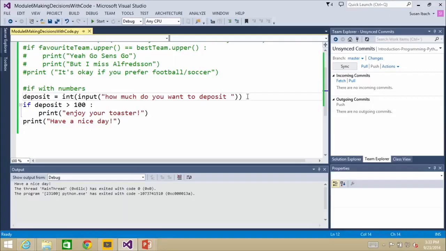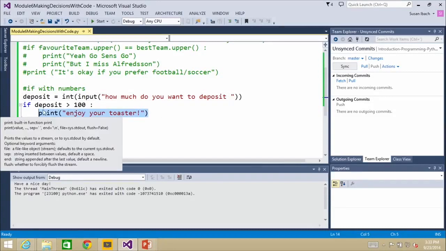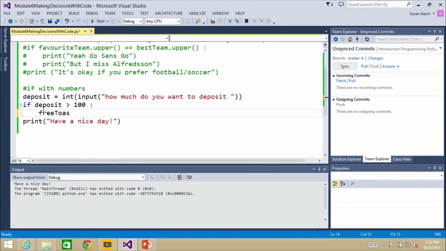In fact, I'm actually going to do that exact example. Where I'm going to say, if a deposit's greater than 100, then I'm going to set a flag called free toaster equals to true. So I'm creating,